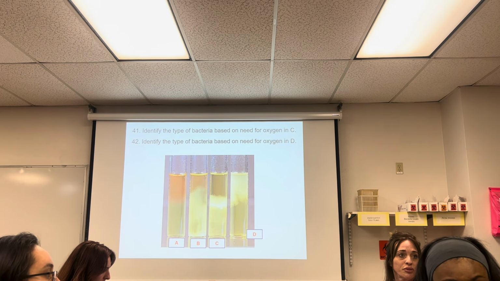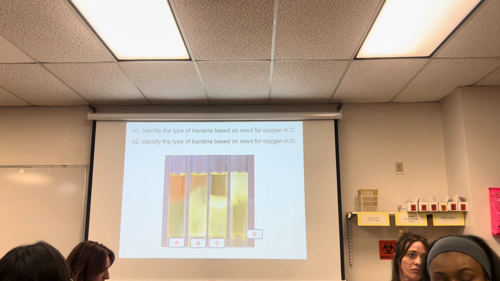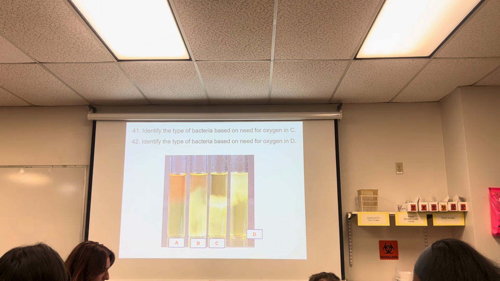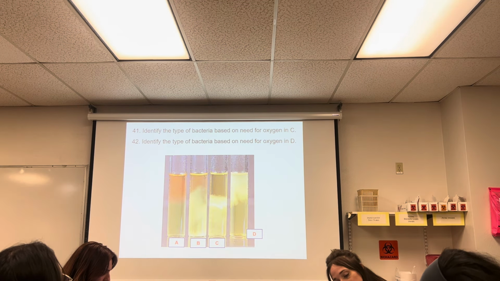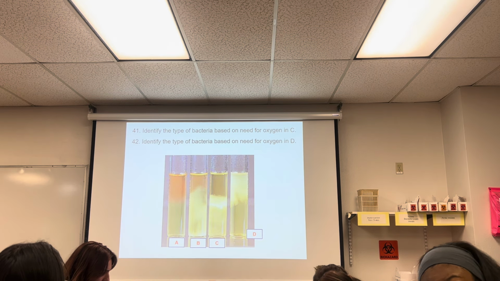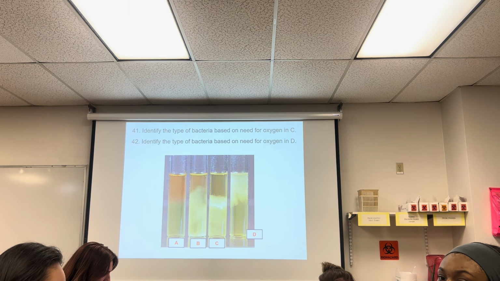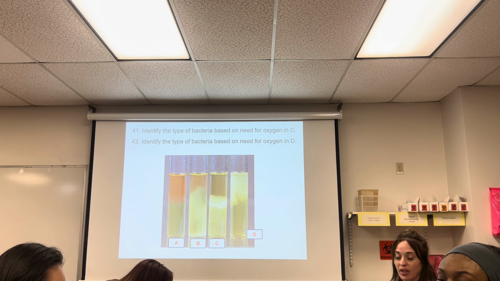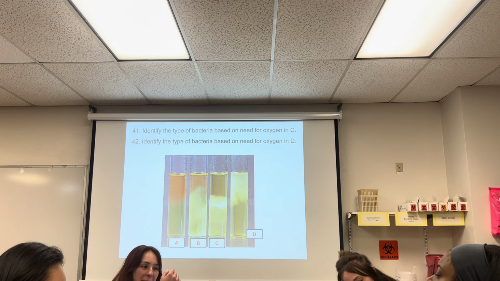Okay, what is throughout the tube again? Which throughout the tube equally? Aerotolerant. Okay. The orange thing is an indicator for DO, dissolved oxygen. In this case, it's reassuring, but we just basically say that's where the oxygen is. Okay? And then the organism that can grow with or without is the facultative. No. Grows with or without, but prefers oxygen, so it grows more at the top than anywhere else.